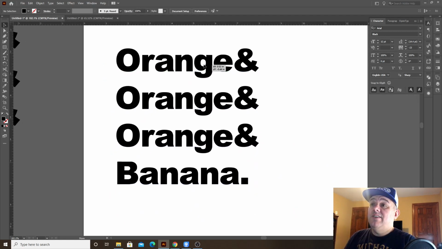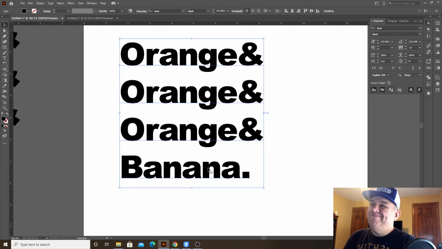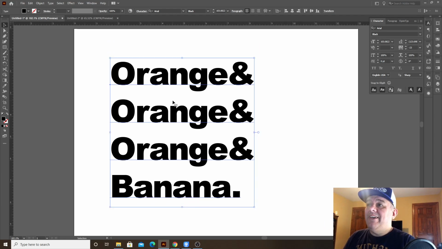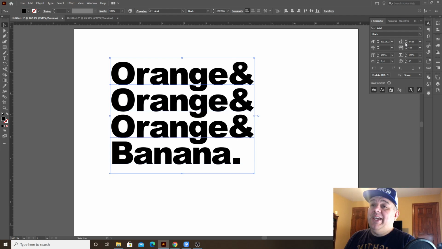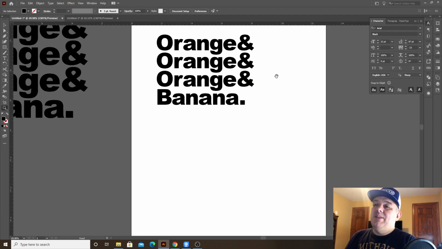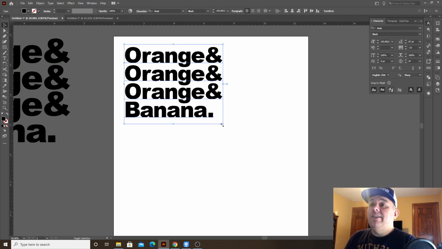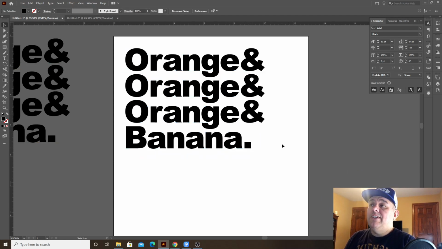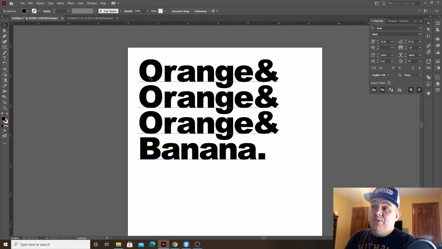And I can just let it go like this if I wanted to, but I feel like that's just kind of a little too spread out and things are floaty to me. So I'm definitely going to bring my leading in here and just get these words a little closer together, so what we have is kind of a big block of text here. And resize that. And this could be it if I wanted, or